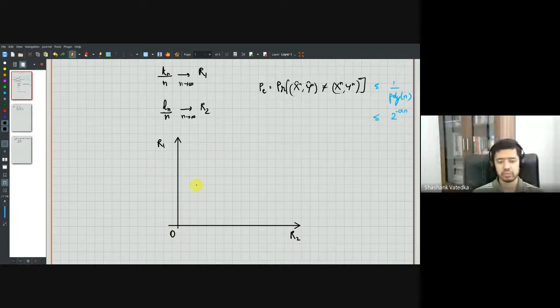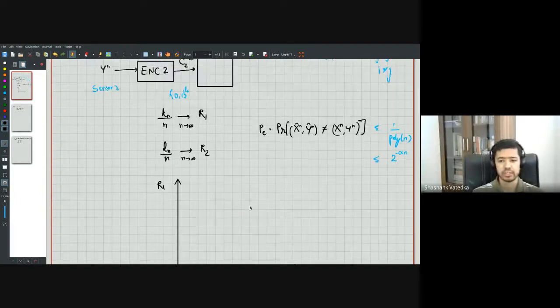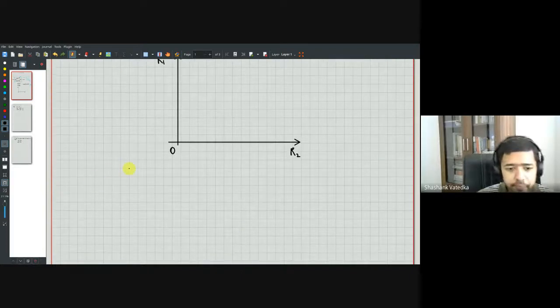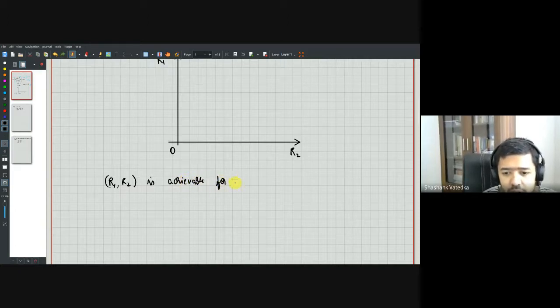This specifies a region in space, and I want to know what all rates R1, R2 are achievable. So we say that a rate pair R1, R2 is achievable